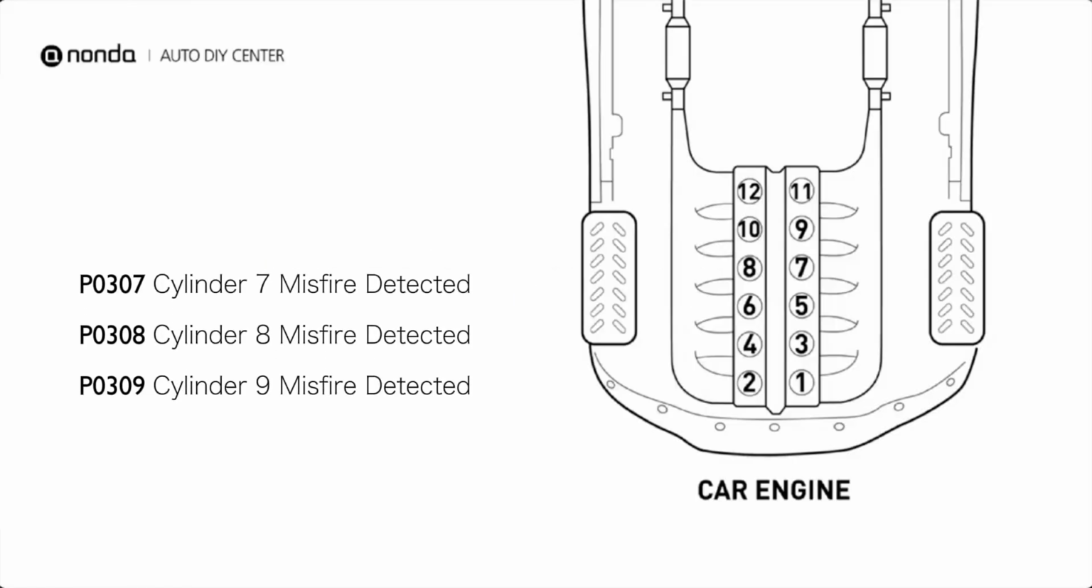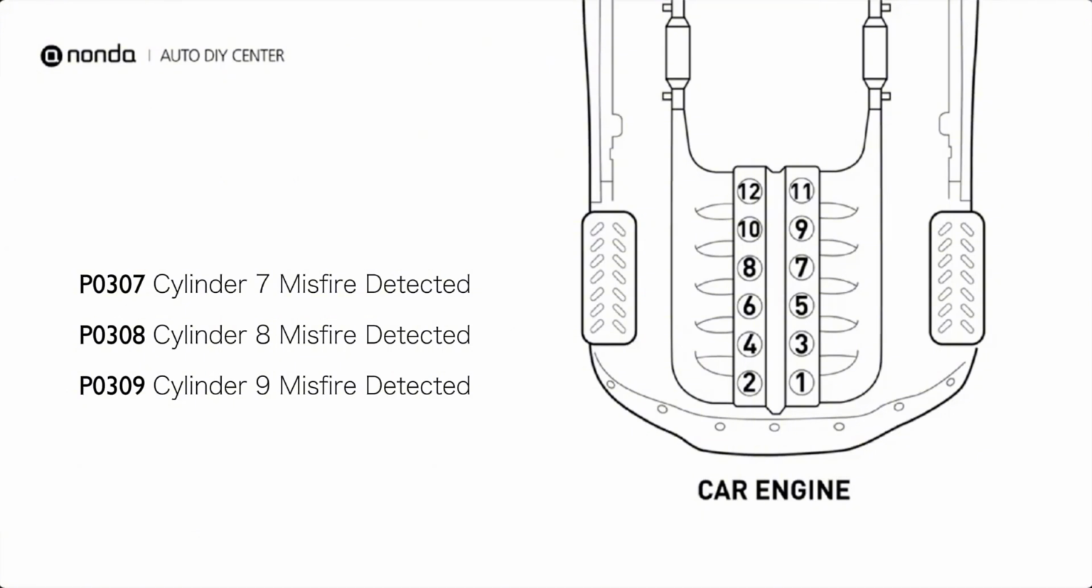The diagnostic trouble codes P0307, P0308, and P0309 are OBD2 engine misfire codes that indicate combustion problems in cylinders 7, 8, and 9. P0307 signals a misfire in cylinder 7, P0308 identifies a misfire in cylinder 8, and P0309 points to a misfire